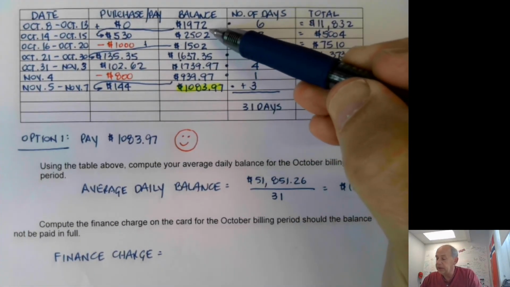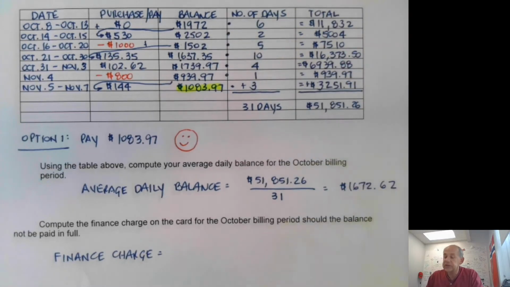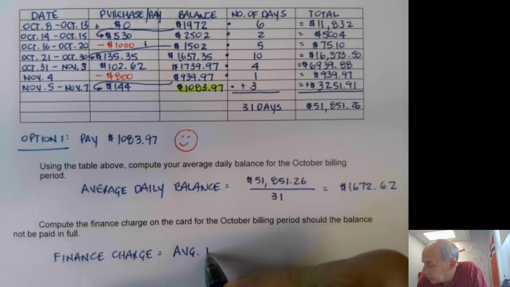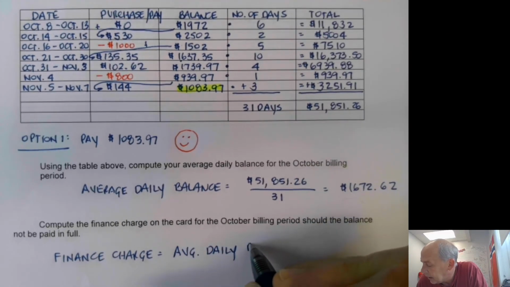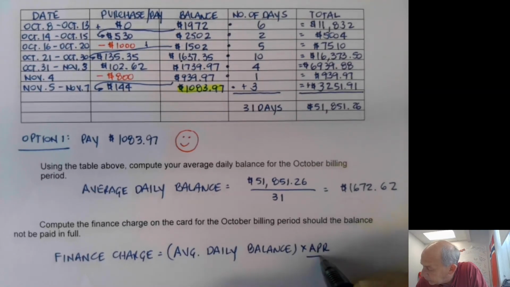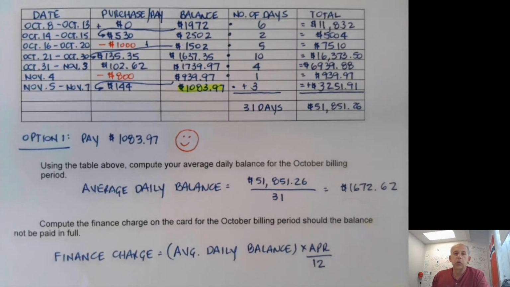So some of these balances are much more than that, some of them are less. That's how much we owe the credit card company on the average day in October, and that's what we have to pay our penalty on, this finance charge. Your finance charge is your average daily balance times the APR divided by 12. The reason we're dividing it by 12 is because we're just looking at 1 month during the